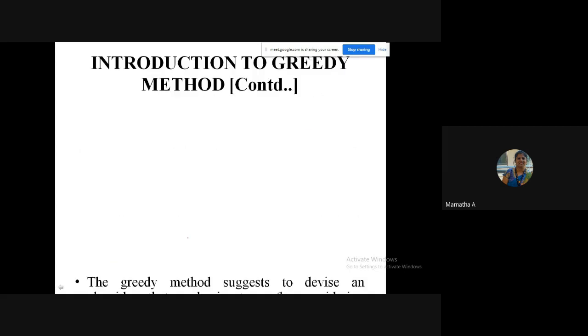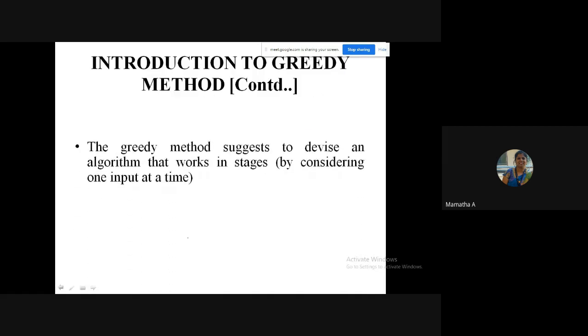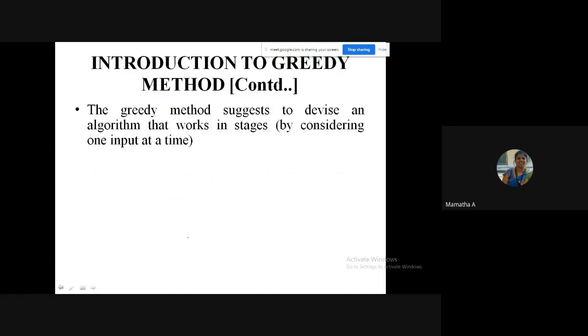So when I talk about the working of the greedy method, it works very simply. It works in stages. It has several stages: stage 1, stage 2, going on to stage n, wherein you consider one item or one input at a time.